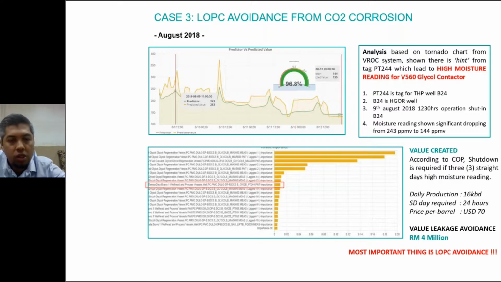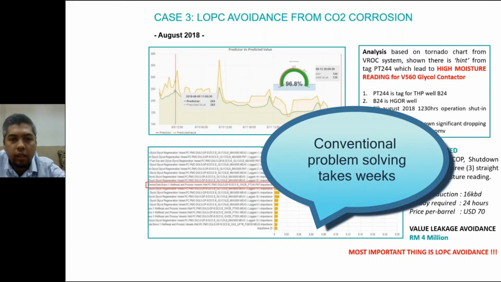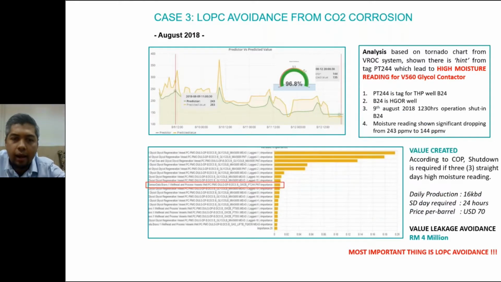So in one particular case, they found out that the moisture reading was about 243, and it kept on increasing at a particular time. So in the conventional, orthodox way, we would form a team at offshore and look at whatever dehydration system that we have offshore and look at what the problem is, and it's going to take about weeks until we fix that particular problem. But with the help of big data AI, we run this particular model based